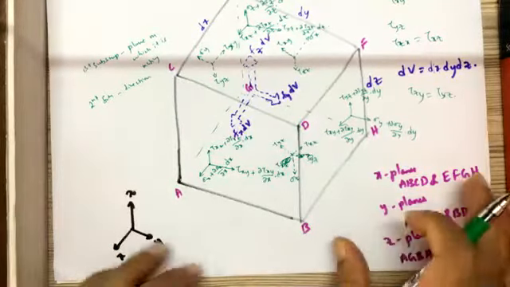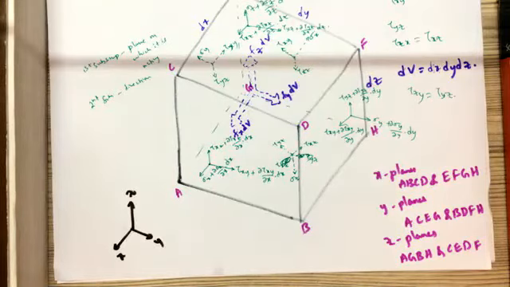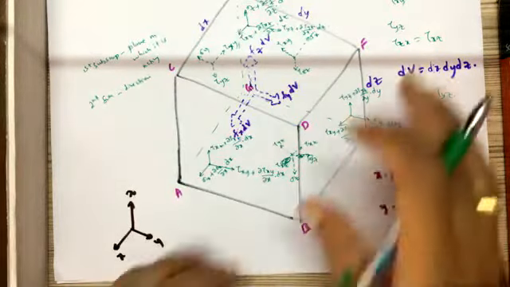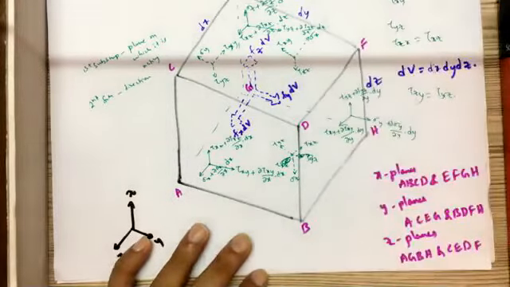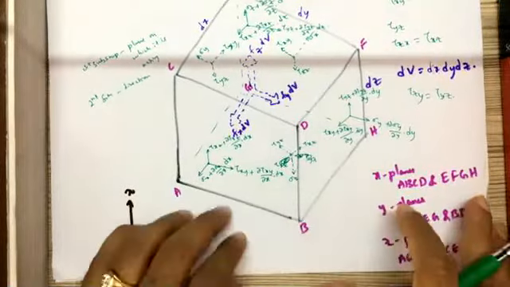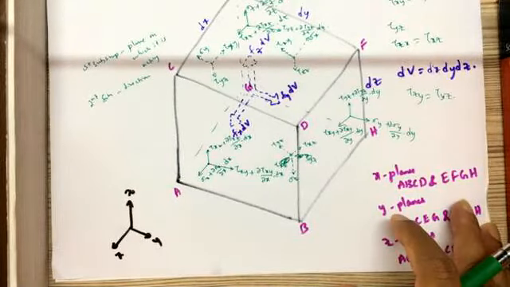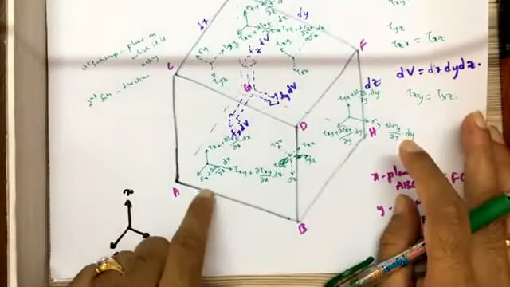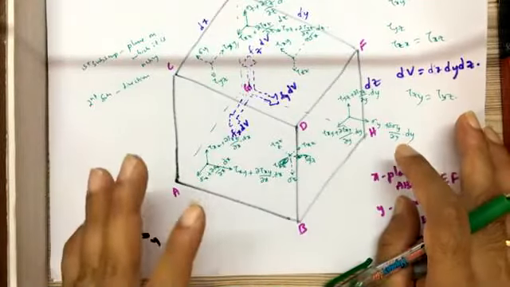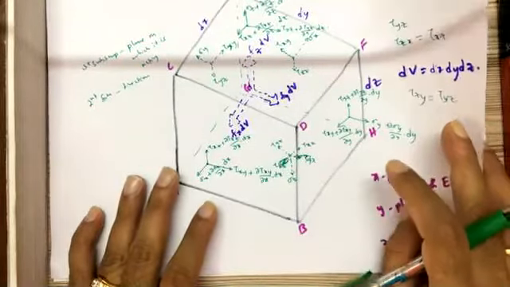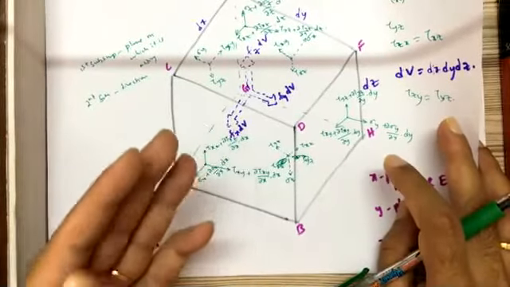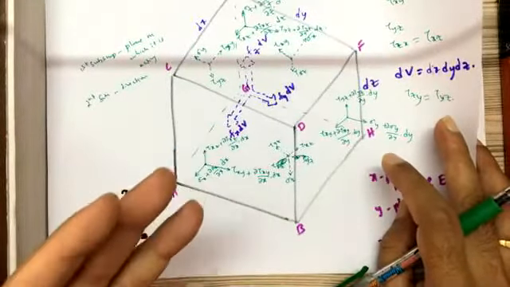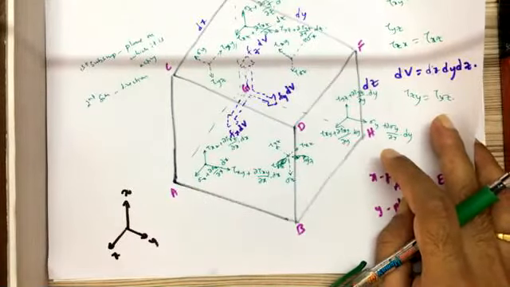You have this whole diagram in your Belgundu textbook. I'll also give you the page number of the same figure in your Belgundu textbook. Once you understand these faces and how these stresses are acting, it will be easy for you to go back, open your textbook, and look at what exactly it is. Now I'll take the equilibrium in all three directions: sigma fx is equal to 0, sigma fy is equal to 0, and sigma fz is equal to 0.